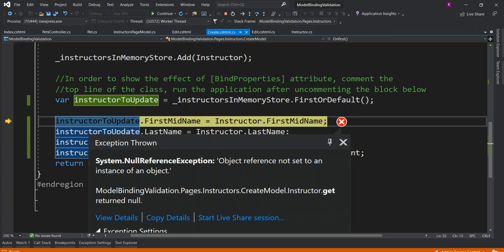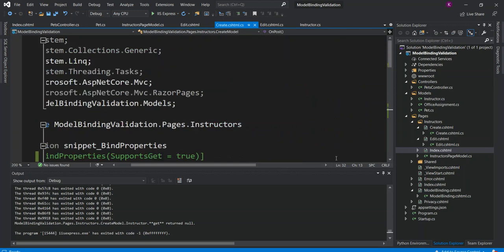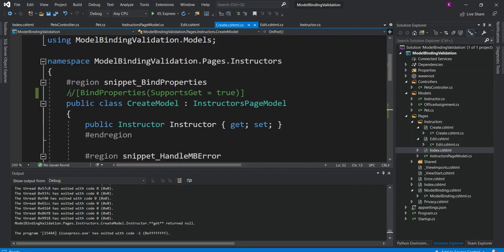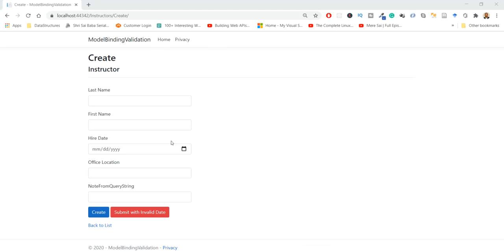Now again, if I wish to test the efficacy of BindProperties thoroughly, I will uncomment this and run this application once again. Browse to the create form again and fill those in quickly with whatever is available.